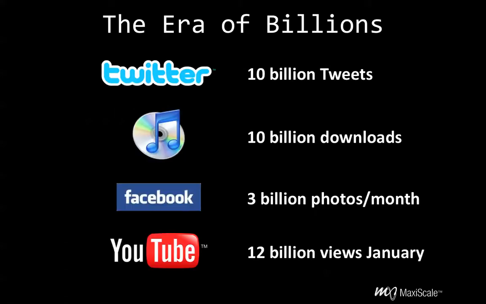We live in the era of billions. These kinds of examples are now prevalent, but basically what's happened is that we've gone from an era of much smaller applications with a smaller amount of data, smaller amount of objects, smaller amount of users, to these new classes of web and cloud applications which are delivering billions of objects to hundreds of millions of users and totally changing the requirements for the underlying infrastructure.